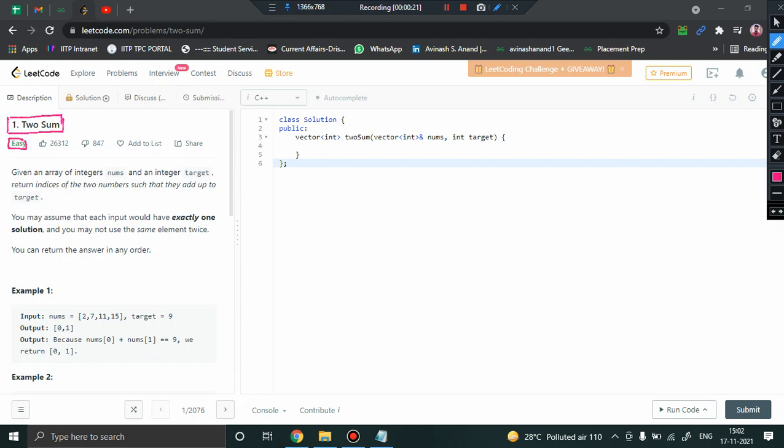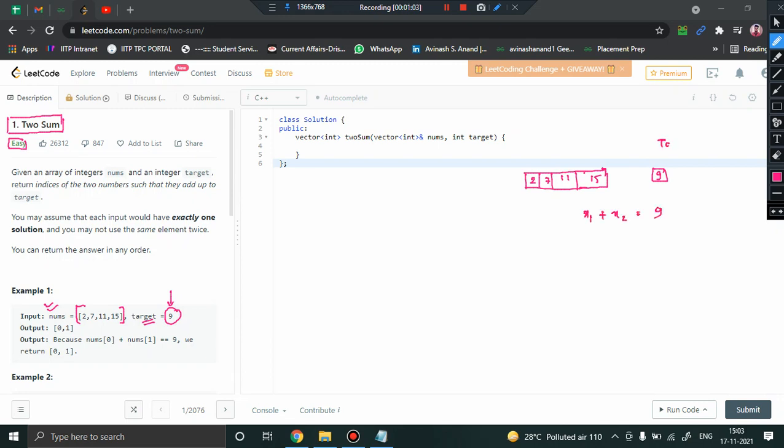If you go to the question, I hope you have gone through the question. Basically the crux of the question is that you are provided with an array nums which has some set of numbers and also a single integer value known as target. Now, for example, if I have an array of numbers like 2, 7, 11 and 15, and they have also given me a target value which is 9, what I need to do is find two numbers x1 and x2 such that they add up to the sum 9.